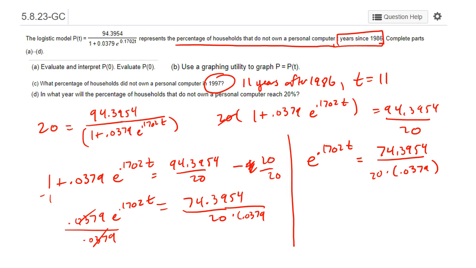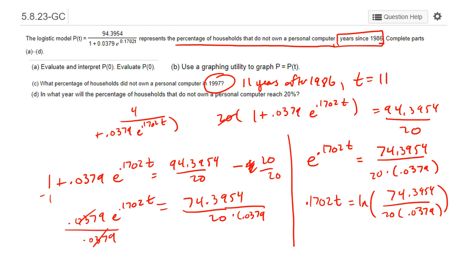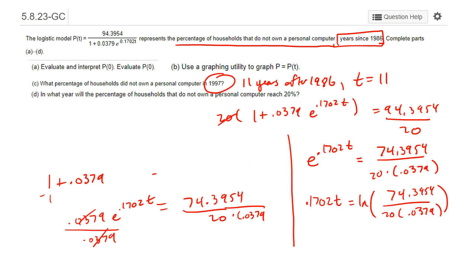Okay, so we get 0.1702 t is equal to the natural log of all of this mess, 74.3954 over 20 times 0.0379. Finally, I can just divide by 0.1702. And I'm moving back over to the left here. Okay, but we are now basically done. If I divide by 0.1702,